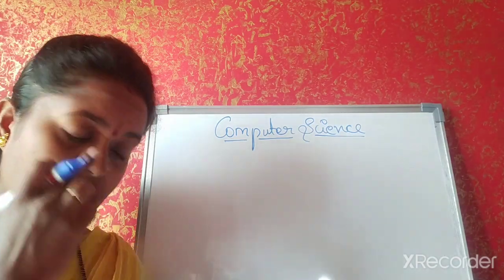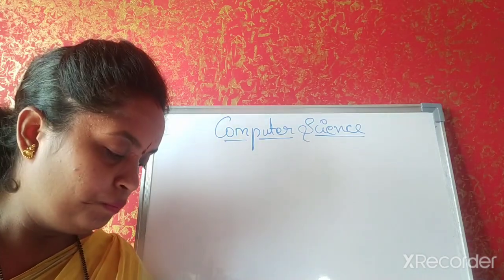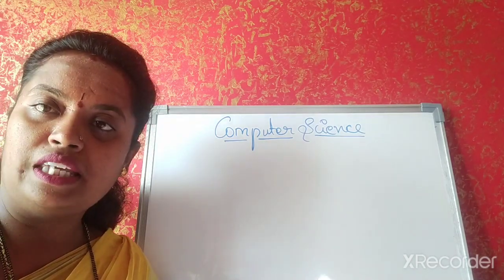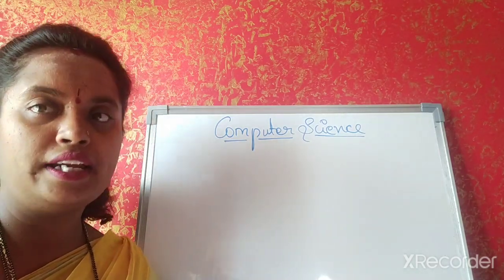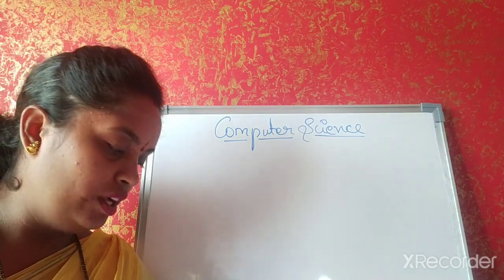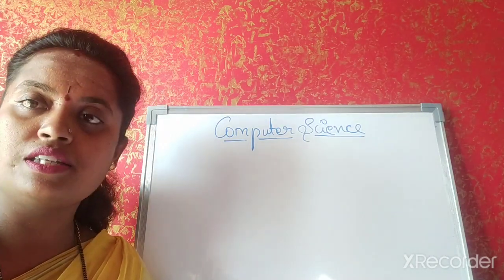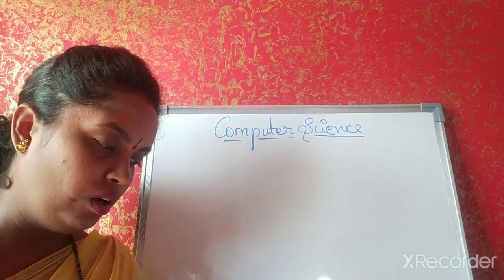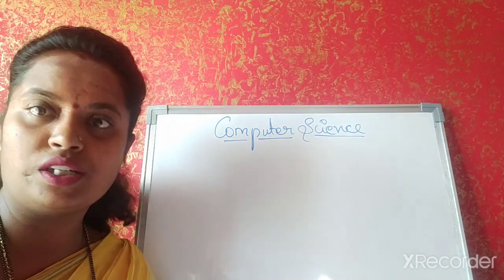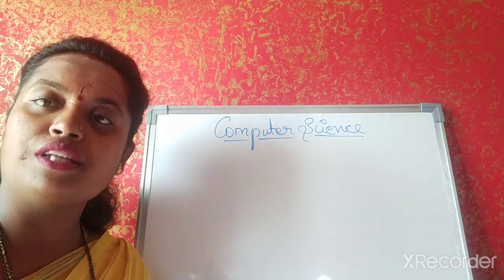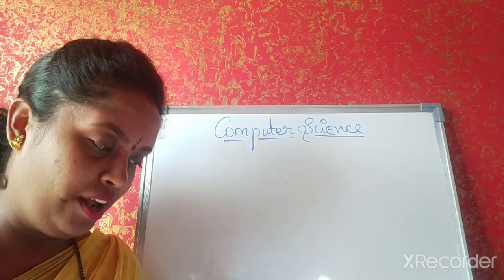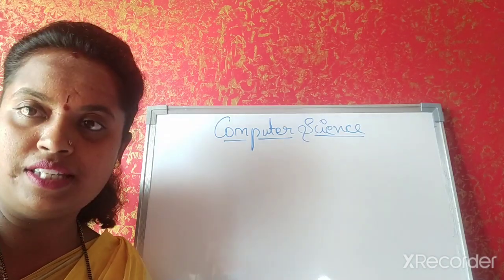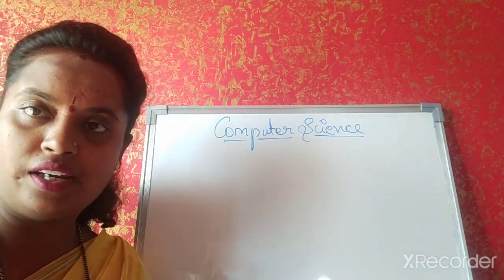And different keys like the shift key, caps lock key, cursor control keys, space bar key, enter key, delete key, backspace key, and mouse clicking, right click and left click. Yes, so you learned all these things. And other hardware devices: printer, scanner, joystick, light pen. And computer software also. What is software? Software is a set of instructions that helps the computer to run. Fine. So these things we have discussed, and I'll be sending you the notes of the first topic so that you can complete it.